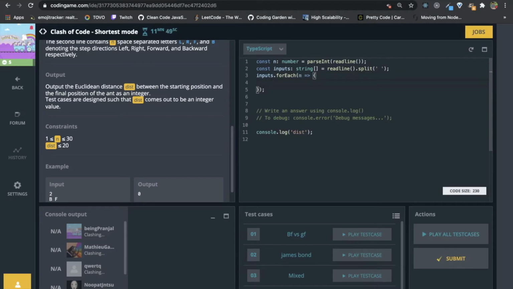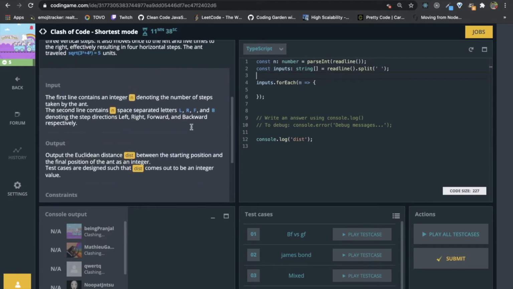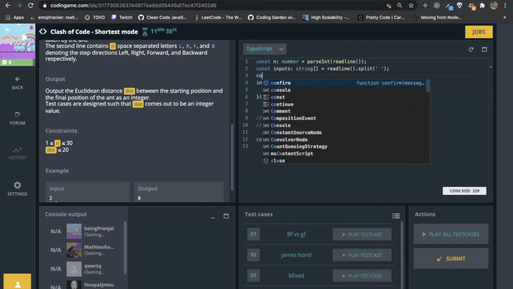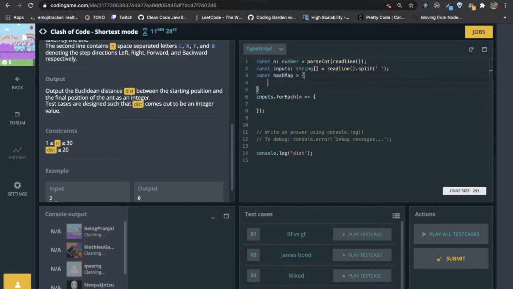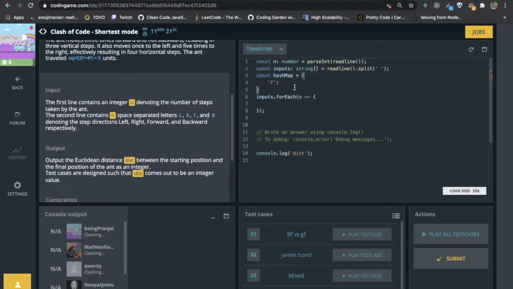Okay, so we need to basically create a hash map where we will store the effective move. So for forward it will be initially 0, and for right it will be initially 0.